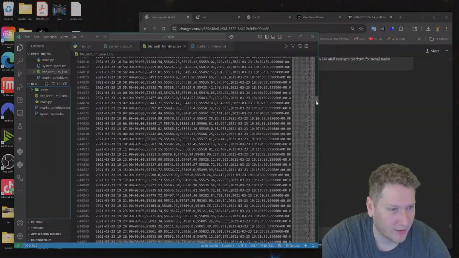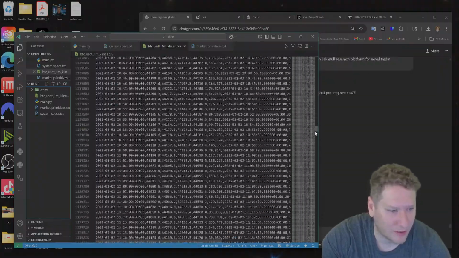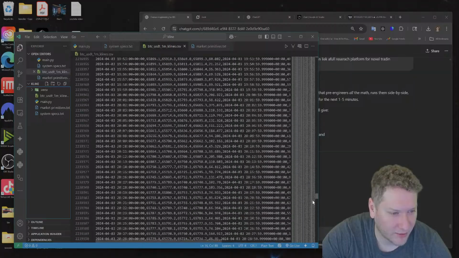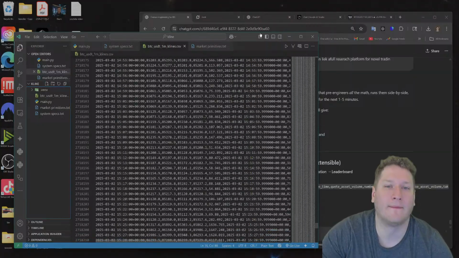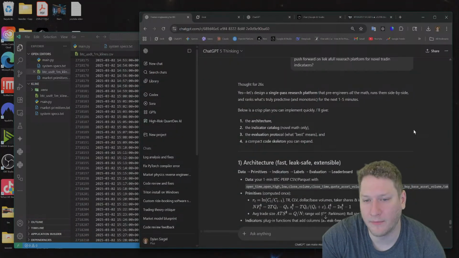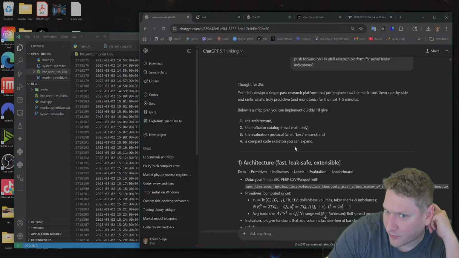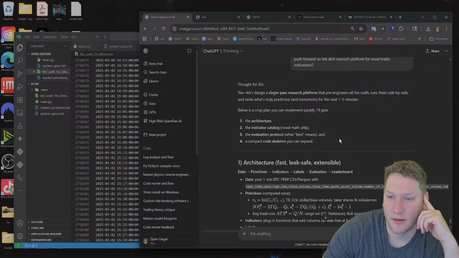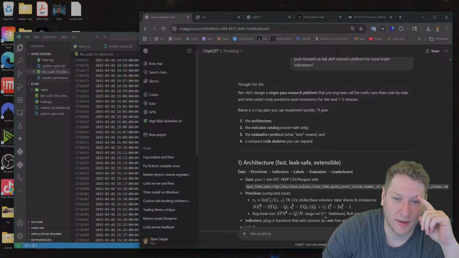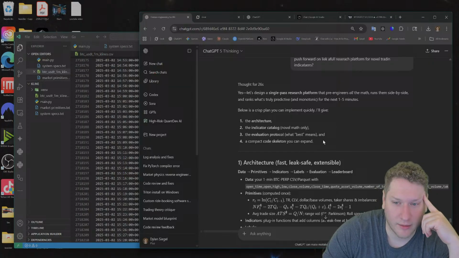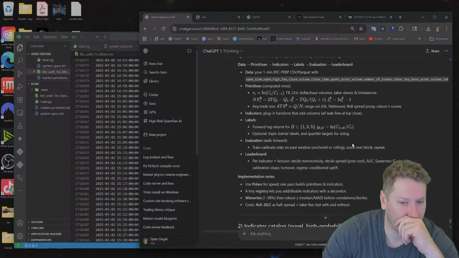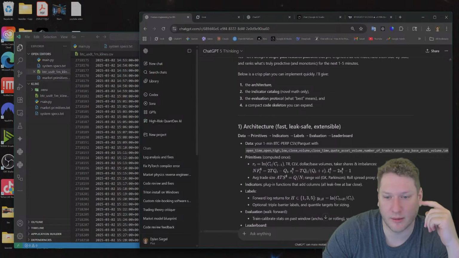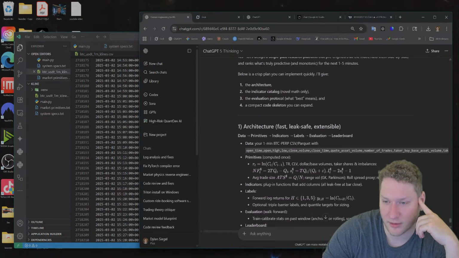Doesn't look as though there's any giant data missing. All the math runs them side by side and ranks what's truly predictive, and yes, monotonic for the next 1 to 5 minutes. Flows a crisp plan you can implement quickly. All right. So data, primitives, indicators, labels, evaluation, leaderboard.